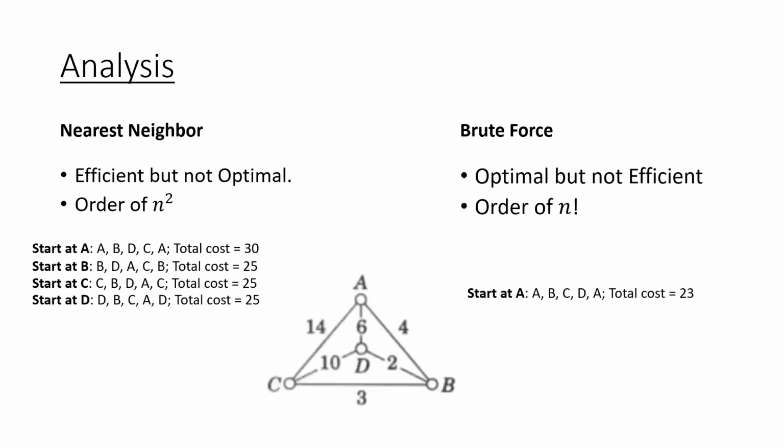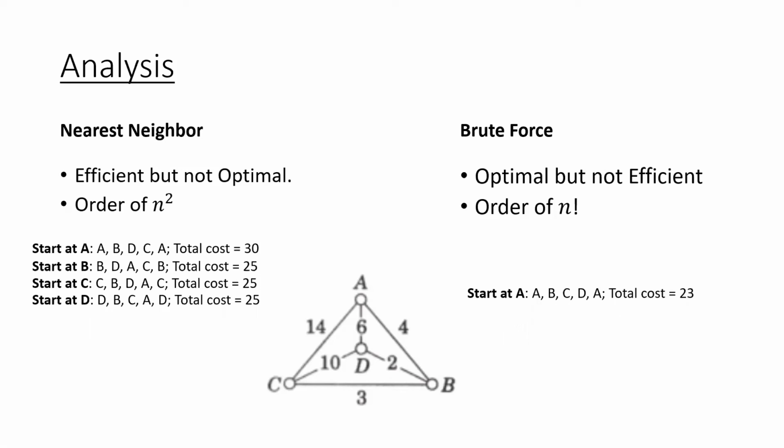The nearest neighbor is not optimal. This is because if we look at the brute force approach, we get an accurate answer. Brute force calculates the total cost of each Hamiltonian circuit and returns the minimum out of them. A Hamiltonian circuit is a circuit that travels to every vertex only once. As can be seen, the cost from brute force gives us 23, whereas with nearest neighbor, even